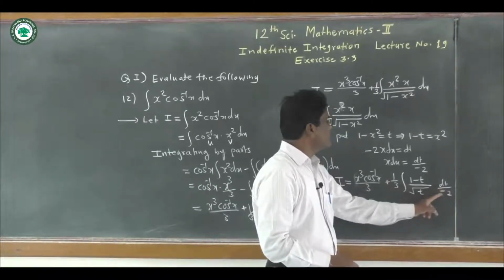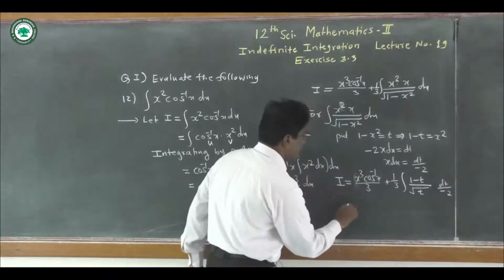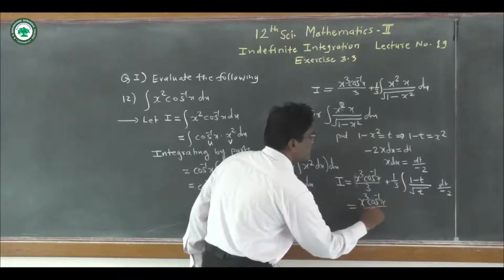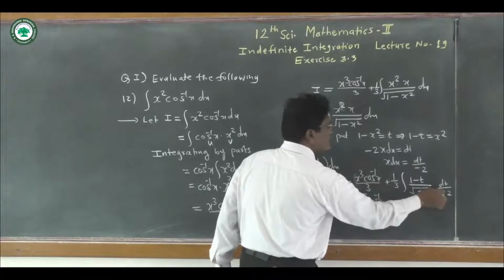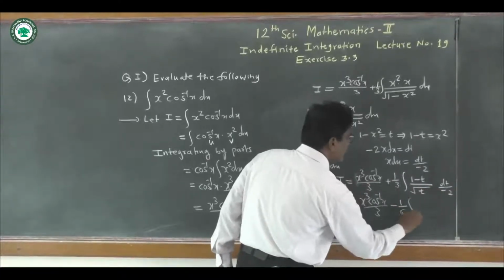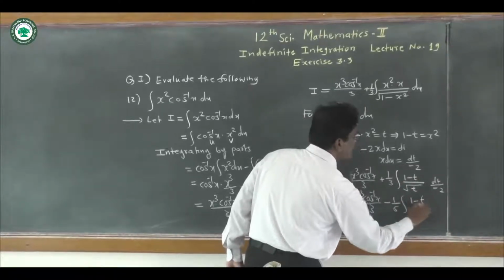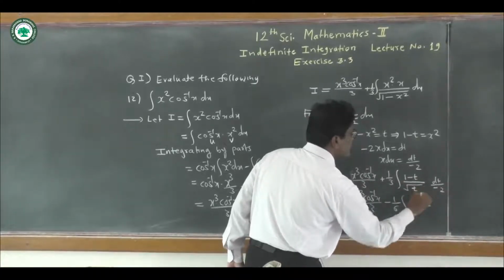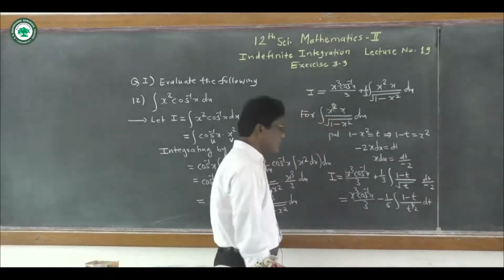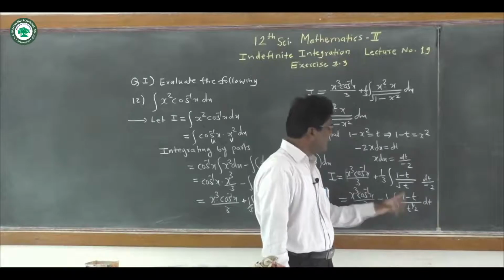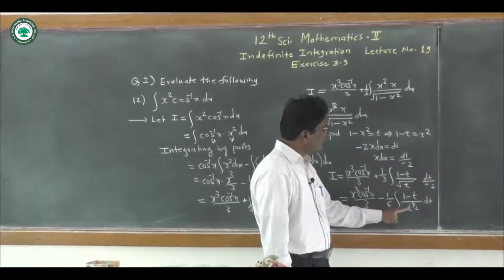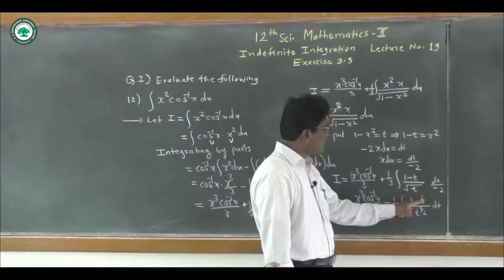Now take this minus 2 outside the integral, and therefore we get x cube into cos inverse x upon 3. Now here plus and this minus become minus, 1 upon 6. And integration of this 1 minus t as it is divided by, we write this root of t as t to the power half, and dt like this. And now here divide separately numerator by denominator. In the numerator there are two terms. Divide this 1 by t to the power half and this t by t to the power half.